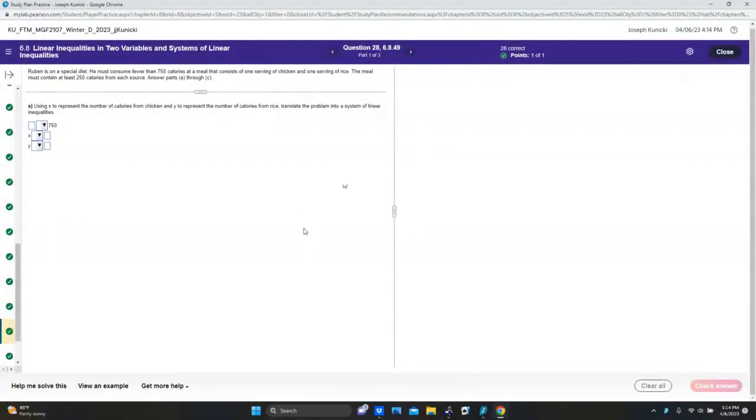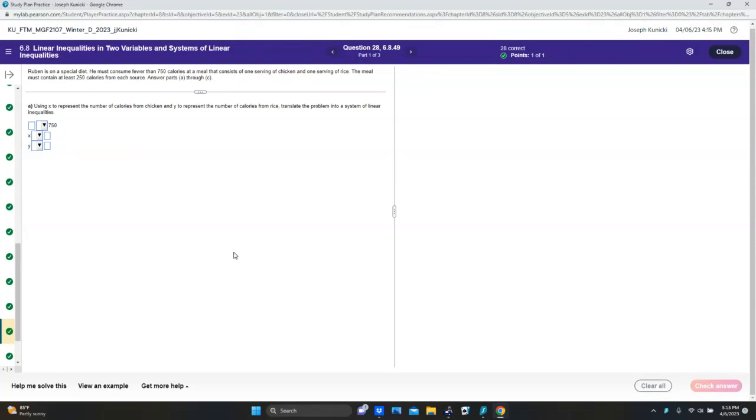All right, so this one's kind of strange, I got to admit, but we got to go through it. So this one you want to take notes on the side. Ruben's on a special diet. He must consume fewer than 750 calories at a meal that consists of 1 serving of chicken and 1 serving of rice. And the meal must contain at least 250 calories from each source, 250 calories from chicken, 250 calories from rice. So it says in part A, use X to represent the calories from chicken and Y to represent